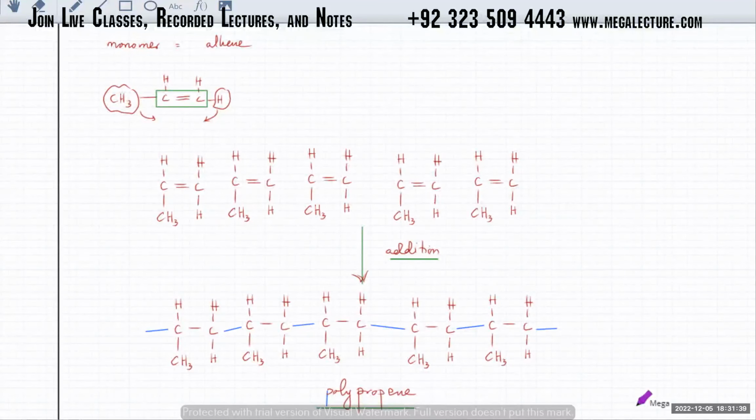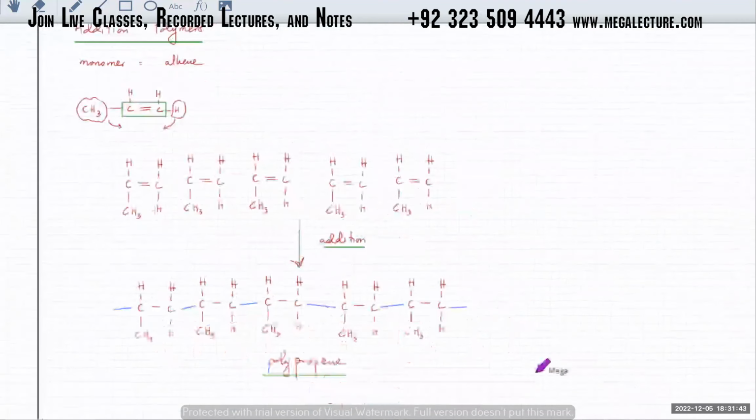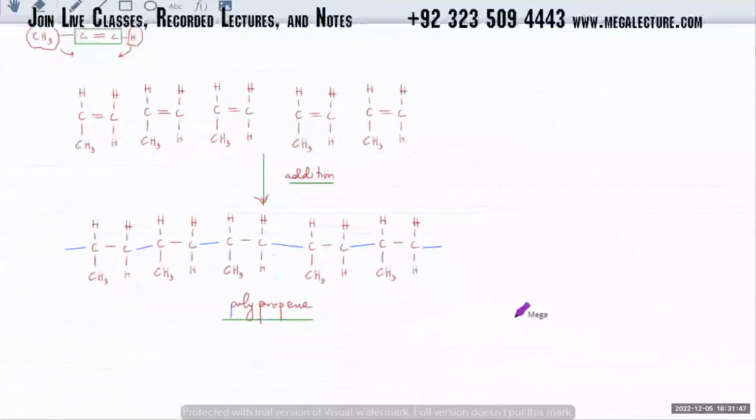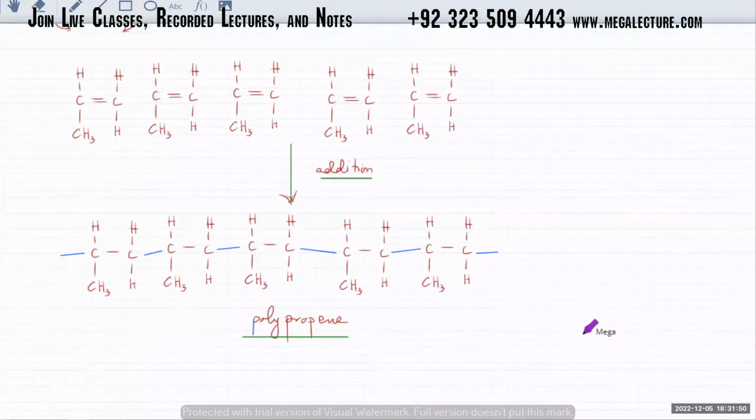Now the thing is, let's just analyze. First thing, let's write down the repeat unit. Like, how do you draw the repeat unit of a polymer? Okay, you just figure out what structure is repeating over and over again. So यहाँ पे what's the repeat unit of this molecule? It's